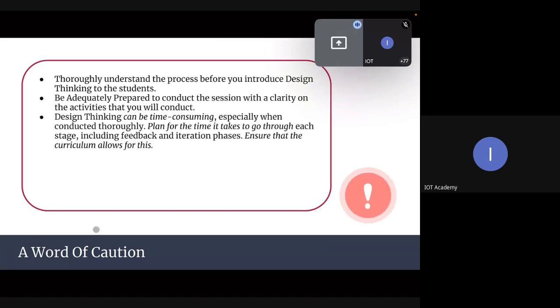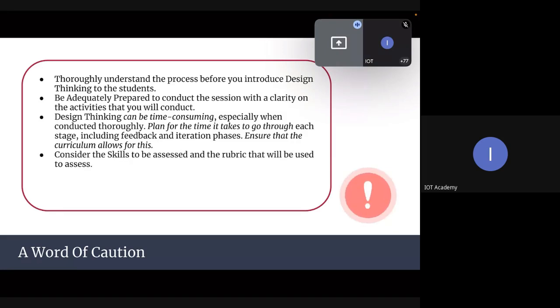Design thinking can be time consuming, especially in today's time when we have so many things to do. And now we have to do design thinking also. But understand, you don't have to do design thinking for all concepts. Choose one concept which you will teach through design thinking. Plan it for the time that it takes, when you have time, and plan the session well,